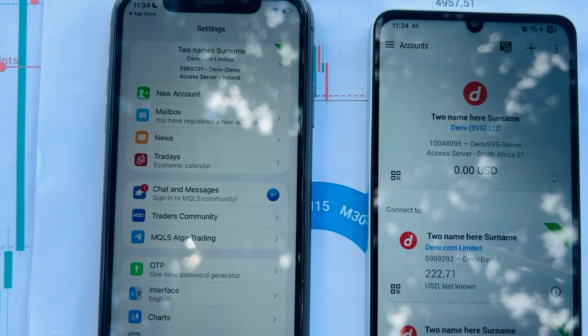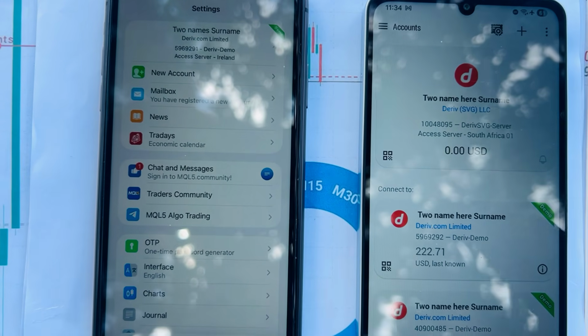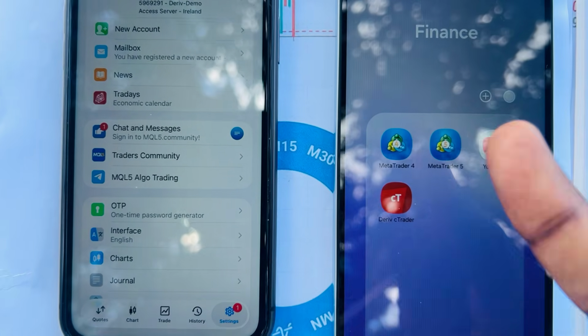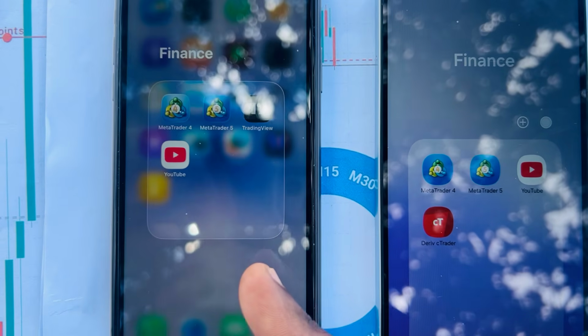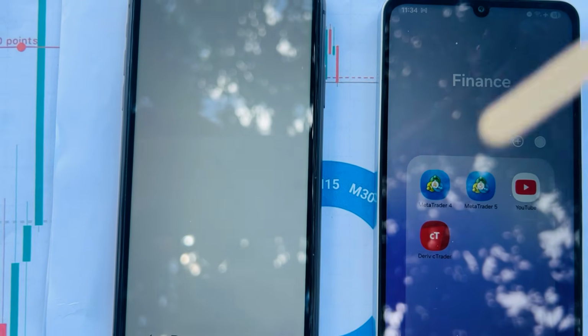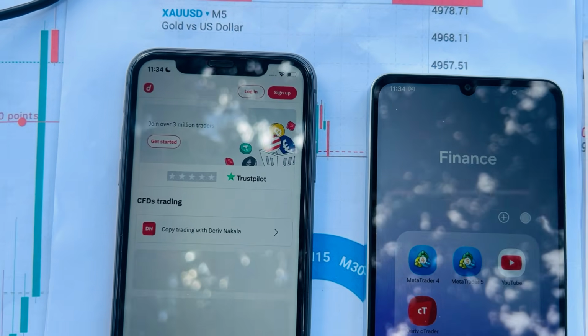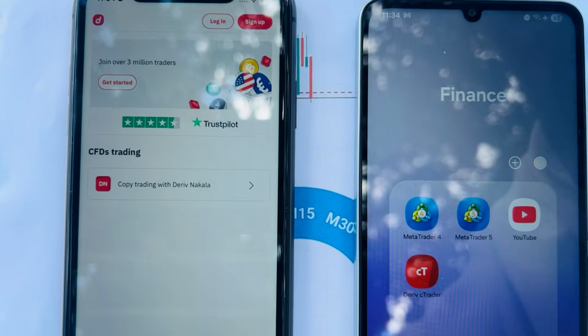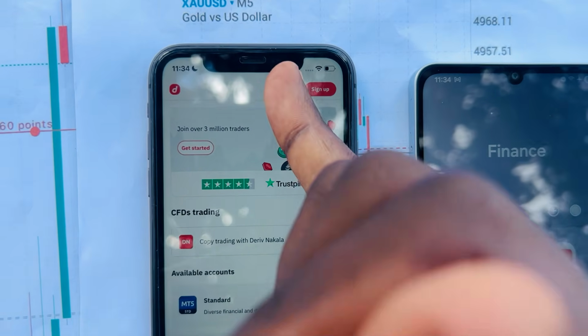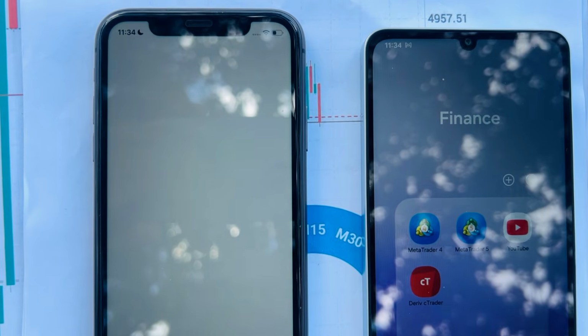It is that simple. It's that easy for you to actually log in to your MT5 and also your broker's website. It is easy. It is simple. So if you have any difficulties, you let me know, because this is easy for you to actually log in. You always log in. If right now you already have a trading account,